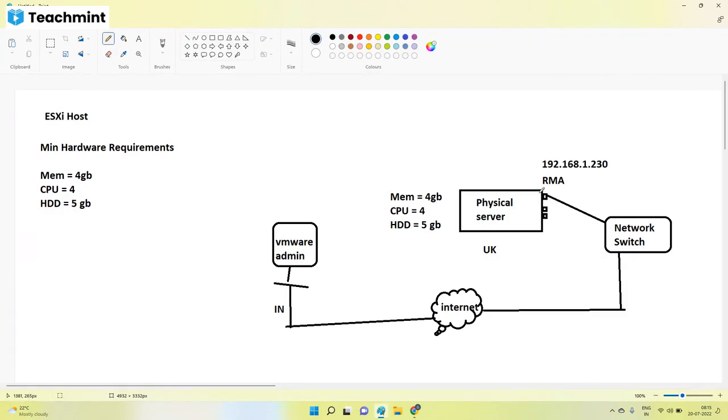Laptops and desktops will not have it. It will be on the extreme left or extreme right on the back side of the physical server. Fine. Now the cable is connected and configured with an IP address. In our lab, it's